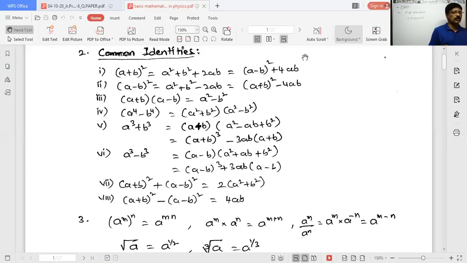Similarly, (a + b)² + (a − b)². Already at the beginning I said (a + b)² − (a − b)² = 4ab. Similarly, (a + b)² + (a − b)² is equal to the (a + b)² value and the (a − b)² value you write, plus 4ab minus 4ab cancel, and a² + b², a² + b² only are left over. When you add them, we will get 2(a² + b²). Next, you see